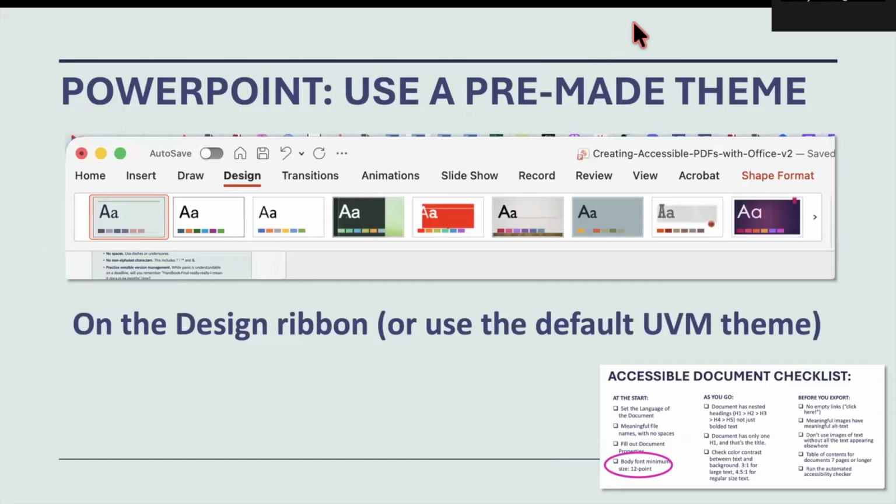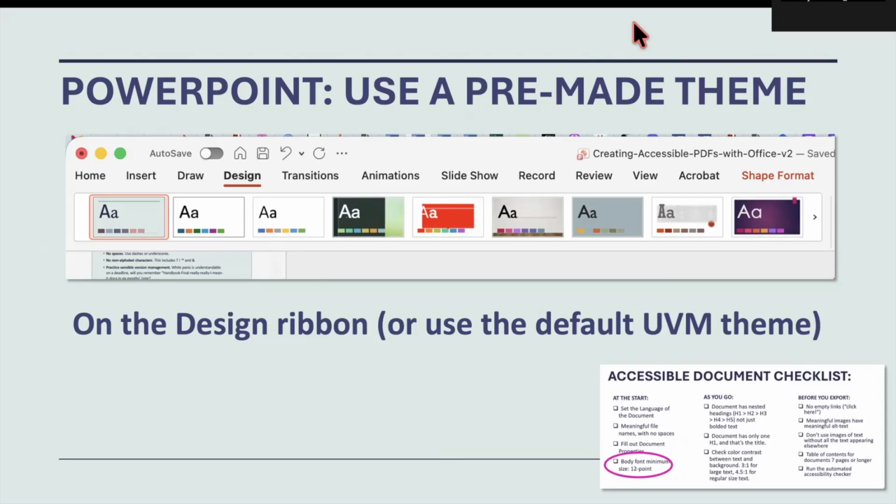You can take care of the size of your font in PowerPoint by simply using a pre-made theme. Choose one that PowerPoint has already gone through and taken all of the accessibility challenges out of. It can be super fun to create your own theme and to choose all your different colors, all your different fonts. Just keep messing with it until it's gorgeous and perfect. And I see you creative people who have a lot of free time out there. That totally seems like a good idea.